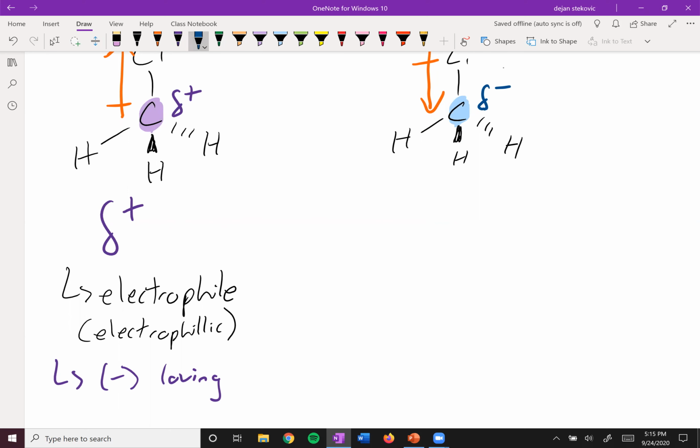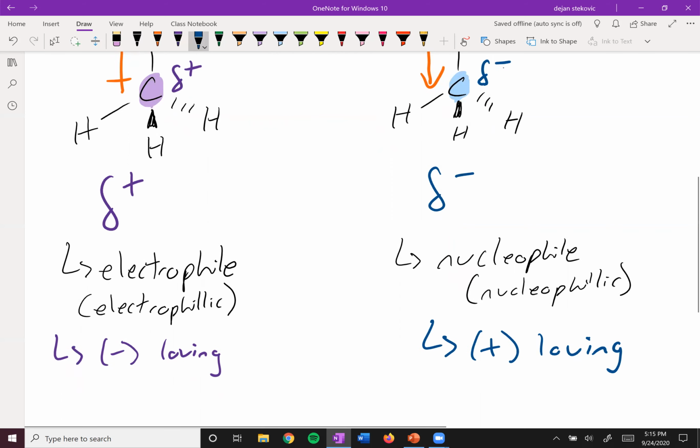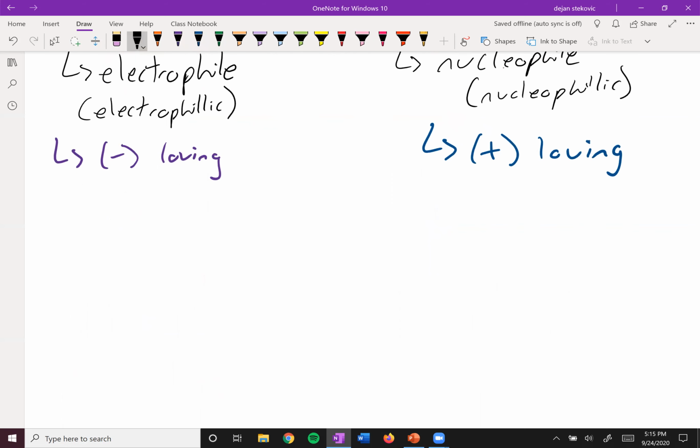And then vice versa on this other side, we have this partially negative carbon. We call this a nucleophile. Or we say that this carbon is nucleophilic. If you think about the nucleus of an atom, it's positively charged, and so this means that it's positive loving, which makes sense because it's negative, right? Opposites attract. And so in organic chemistry, 9 times out of 10, the reaction is the nucleophile